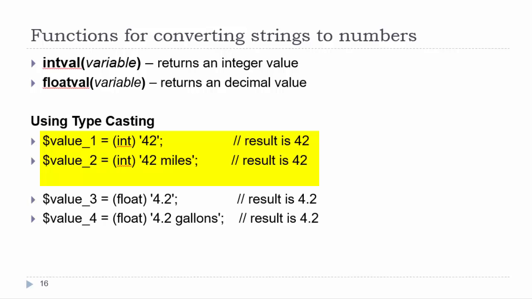And let me point out that if you were to pass it a string, it will convert the numbers at the beginning of that string, and it will just ignore the rest of the string, such as 42 miles, the result will be 42. I have a supplemental handout that covers the isNumeric function, which you might want to use first before you convert